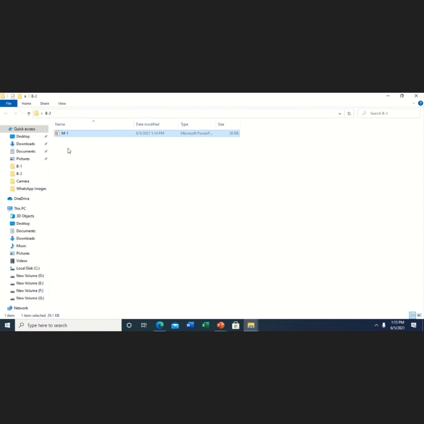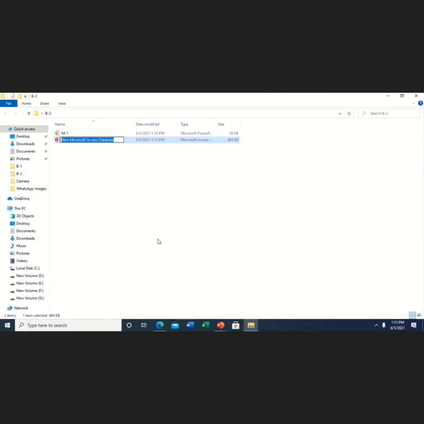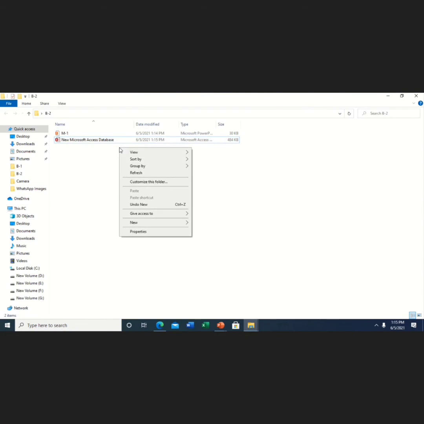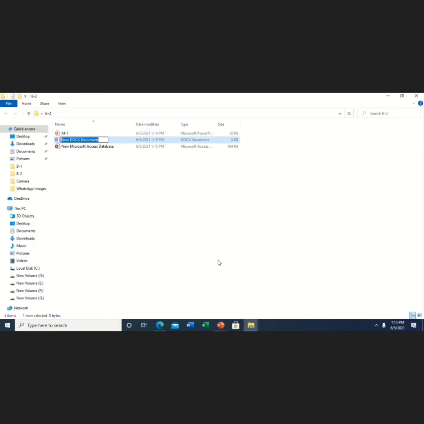Same way, I can create a Microsoft Access database, doc document, or another file.